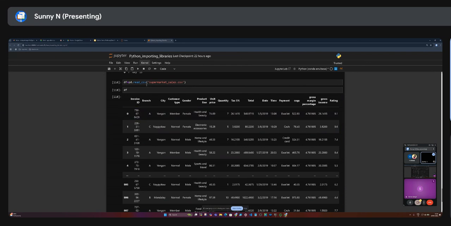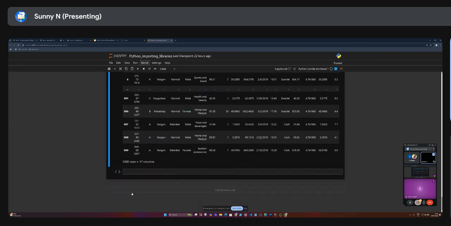What if this file is in a different location? We'll practice that also now. Basic to basic I'm teaching. I'll take a different variable name, df1, since df is the previous one. So I'll say df1 equals pandas object dot